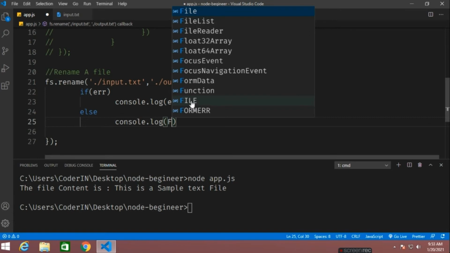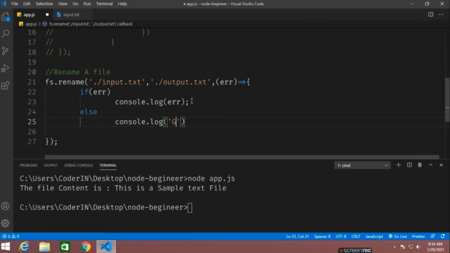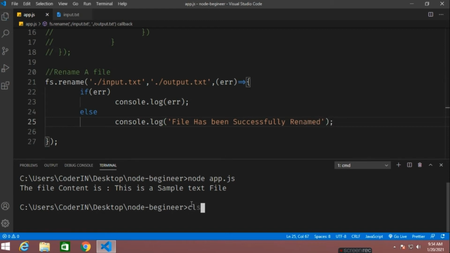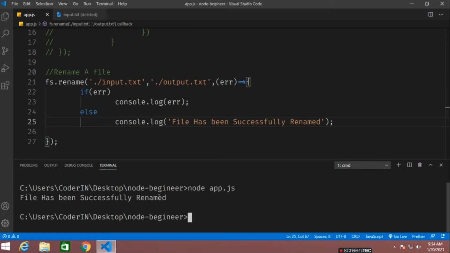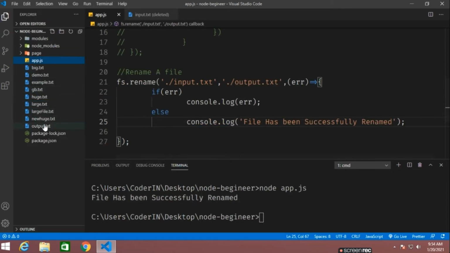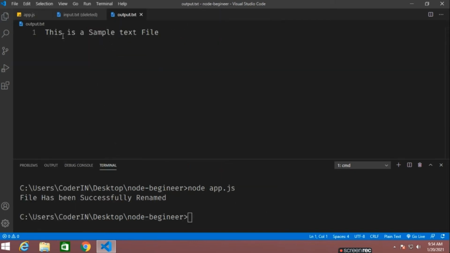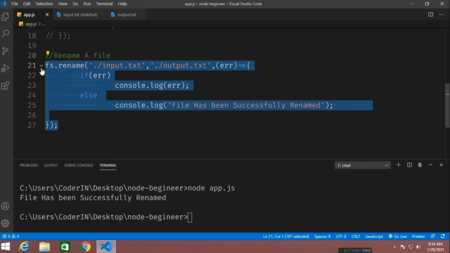File has been renamed successfully. Okay, now let me run this. The app.js file has been run successfully. You can see input.txt is gone because I've renamed that file to output.txt. So the renaming is also over.